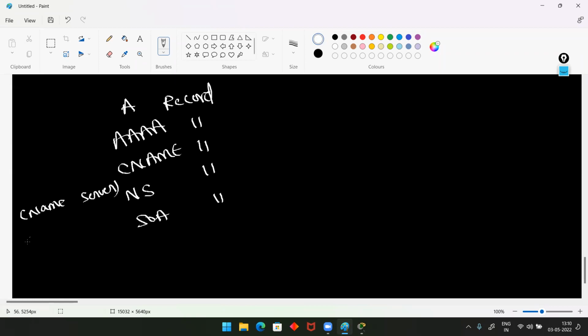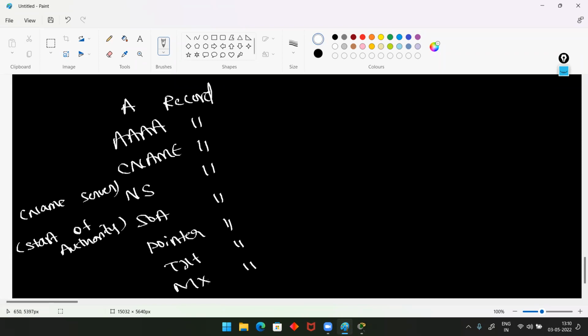Then you can see the SOA record, that is called start of authority record as well. There is one more record, that is called a pointer record. Okay, a text record. Okay, MX record. MX means mail exchange record. Like this, you can see around 10 to 12 records in the